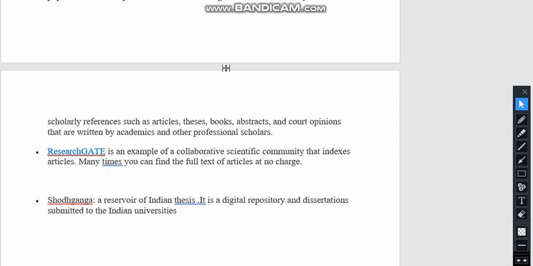Also, Shodhganga is a repository of Indian theses. Most of the papers you can find here, and that can be helpful in writing your own literature review. So basically, in a literature review, we try to find all the relevant papers to our research topic. We try to find the research gap and what the methodology that